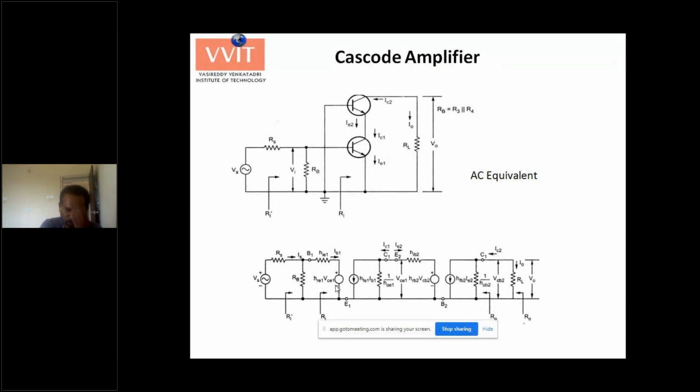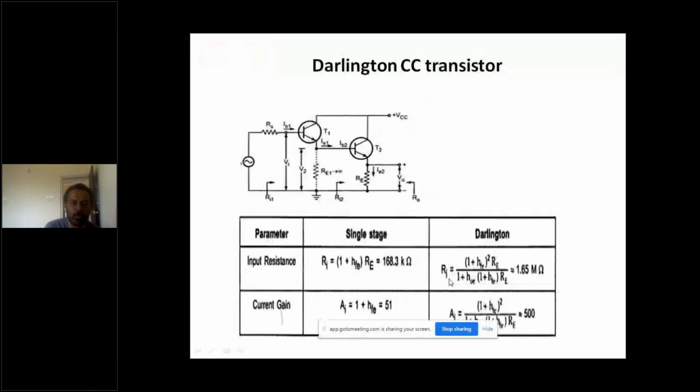we have not considered the biasing network. Basically, the biasing network keeps the amplifier in active mode. Usually we use a voltage divider biasing network where we keep R1, R2 at the input side. Now assume, in this amplifier analysis, I have not taken that biasing network R1, R2. You get R1 here, you get R2 here. Now, what is the input resistance here? It comes around, for example, 1.65 mega ohms.